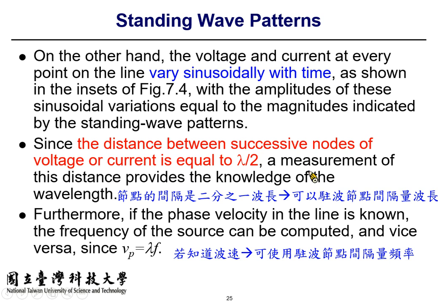Okay, and so we can observe that the voltage maximum and voltage node and current nodes appear successively with a separation distance of half wavelengths. So by knowing that the voltage 0 and current 0 on a transmission line with complete standing wave, we can use the measurement result